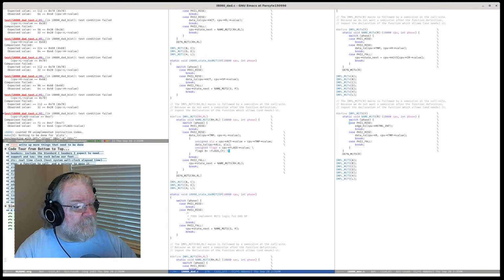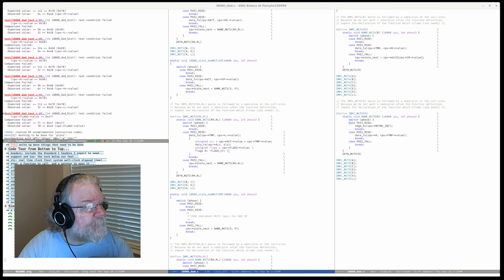So LXI, let me double check that DAD only affects the carry flag.